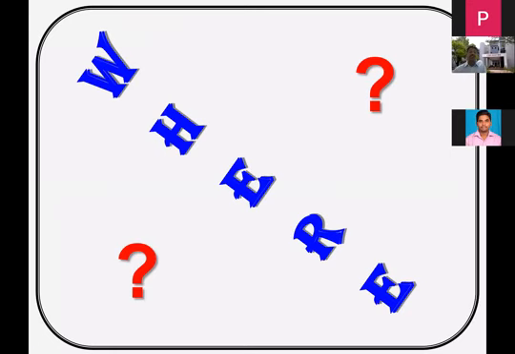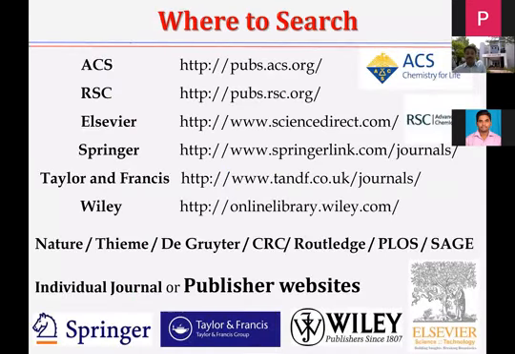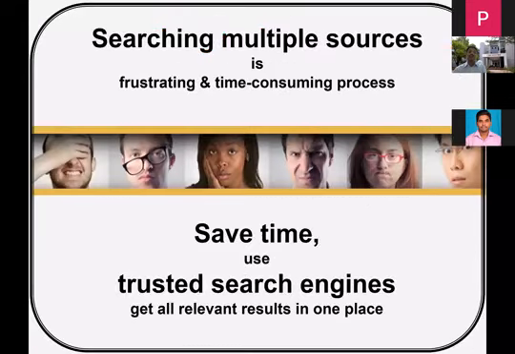You can search in individual journals. Oh, it's too many journals, sir. Where to search? Okay. Then you search in publishers like ACS, RSC, Springer, Taylor and Francis, Wiley. Oh, searching individual publishers is also sometimes frustrating and time consuming. I agree. So to save time, instead of searching in individual publishers, individual journals, you can go through the collection